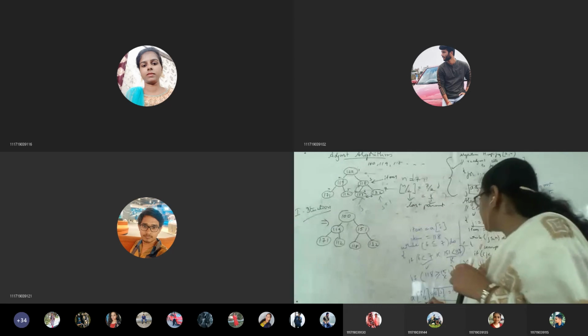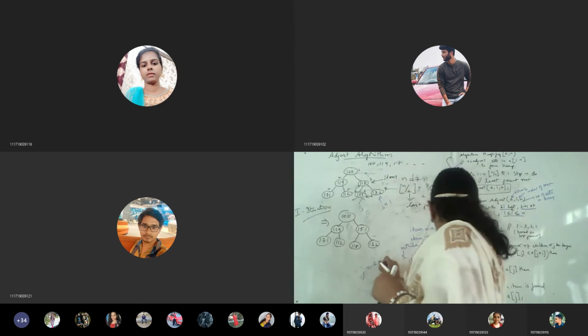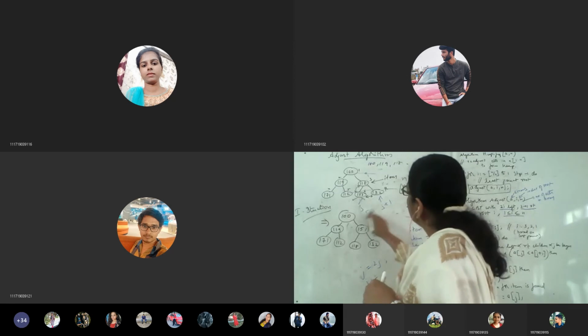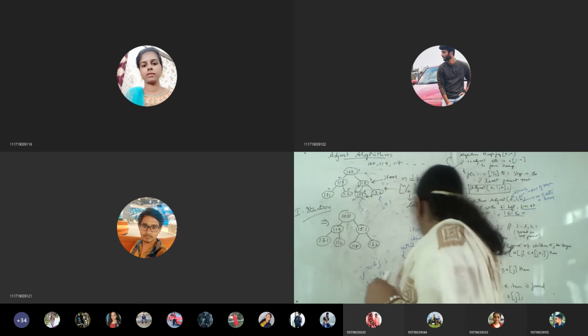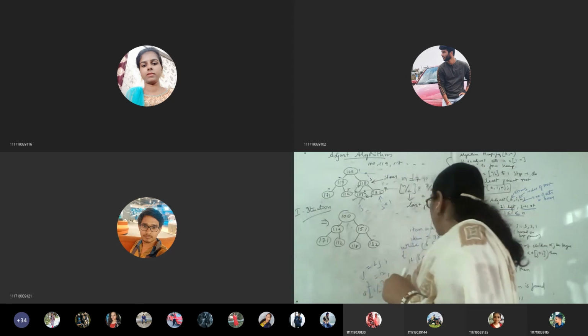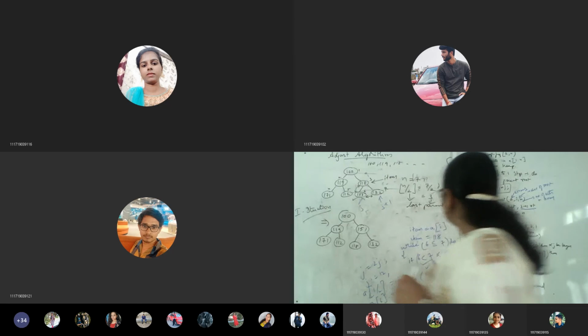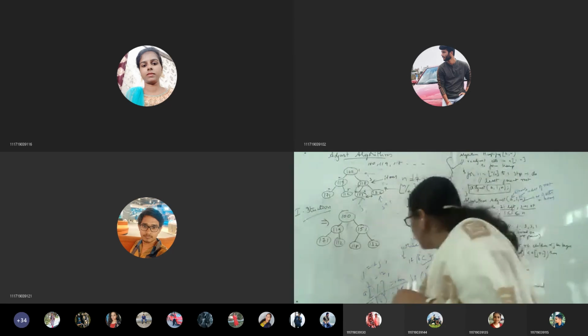Okay, and then what exactly are we doing? The next step here is j is equal to 2j. So j is equal to, what was j earlier? It was 6. So 6 into 2, so 12 you will get. And the last line is a of j by 2 is equal to item. So j by 2 means 12, 12 by 2 is 6. So a of 6 is equal to item. What was the item initially? 118. So that's the algorithmic way.